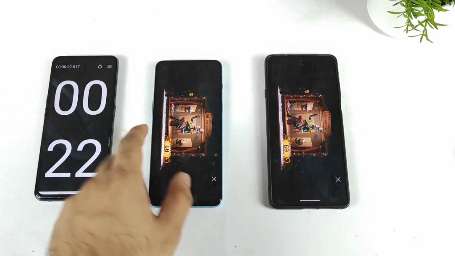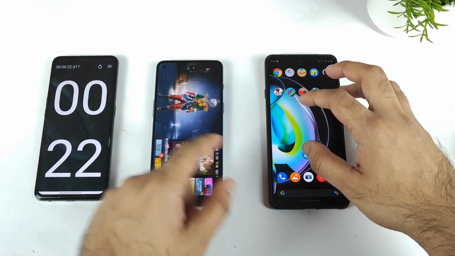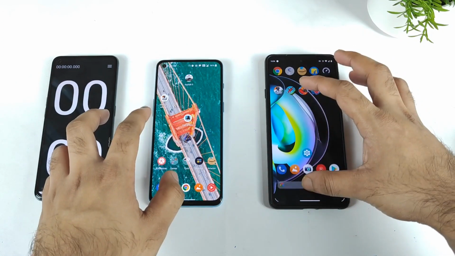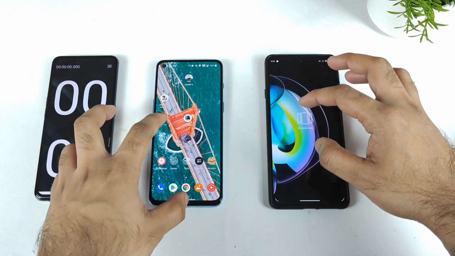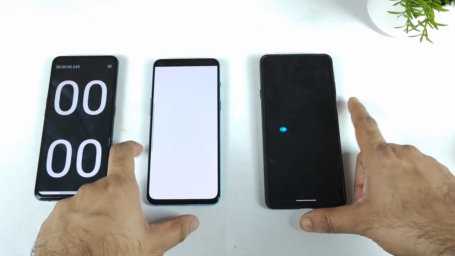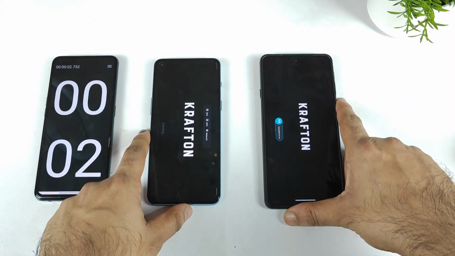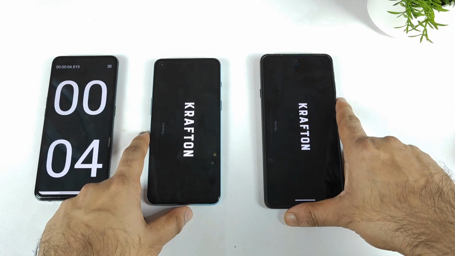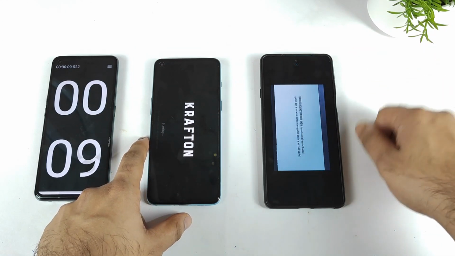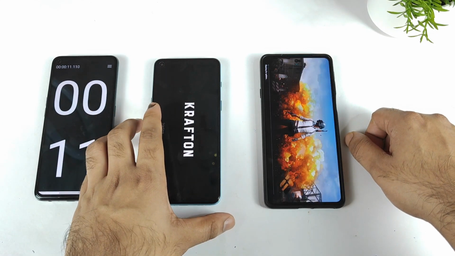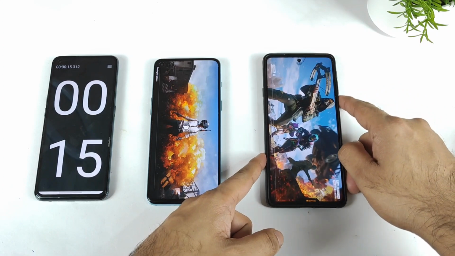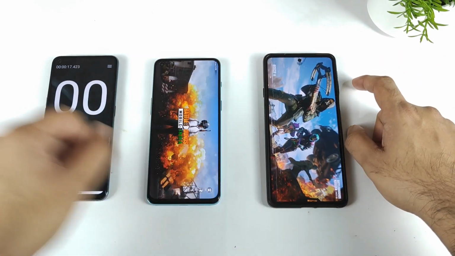Yes, the OnePlus Nord 2 did open a little bit faster. Let me try to test again multiple times. Now let's try again, 1, 2 and 3. Let's see this time what happens with this game. So the Moto H20 again, even with the high performance mode the OnePlus Nord 2 didn't open as fast as the Moto H20, the stock UI versus the OnePlus.